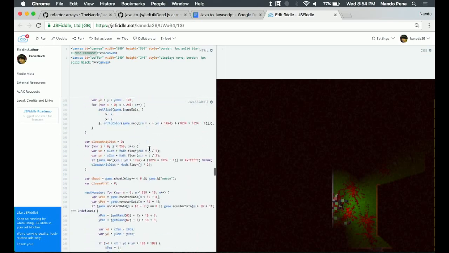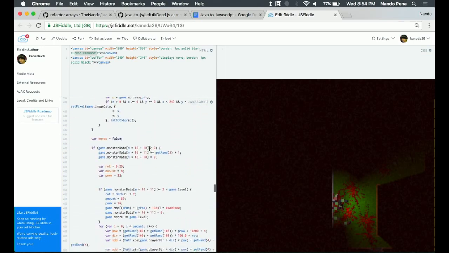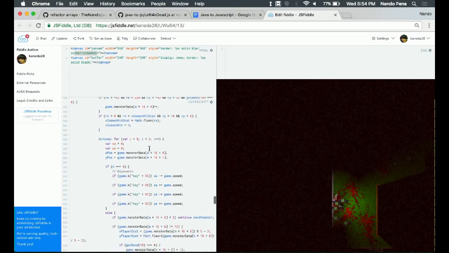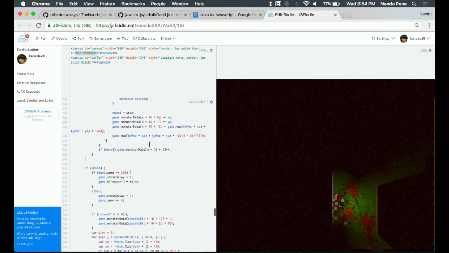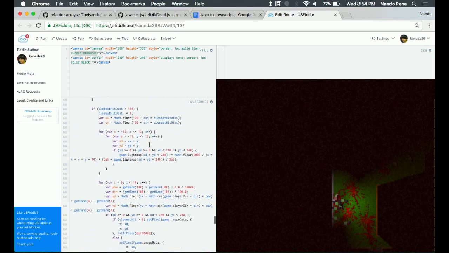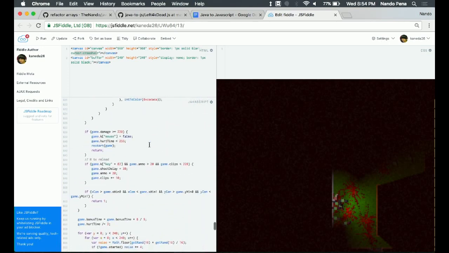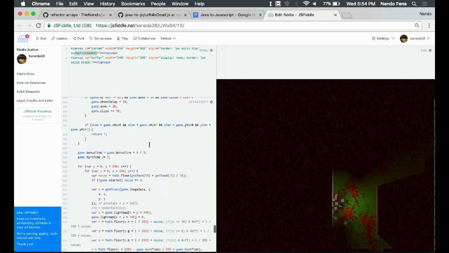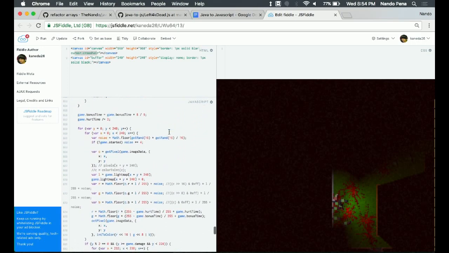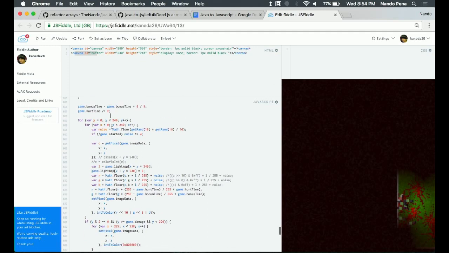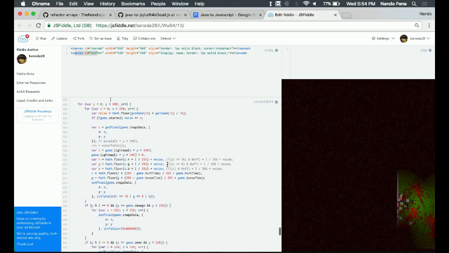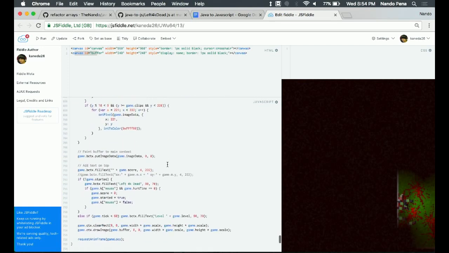We got the game loop, monster AI, gun AI, hitbox, damage. Here we go. Oh wait, this is what paints the screen red whenever you take damage. And then here's the final thing.